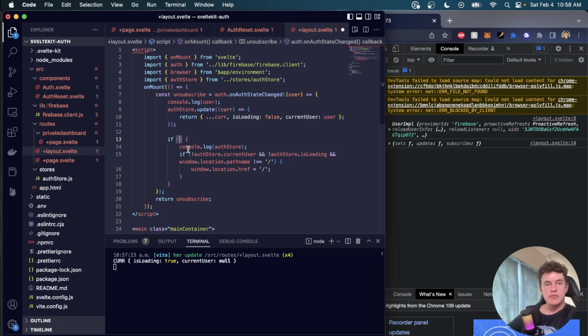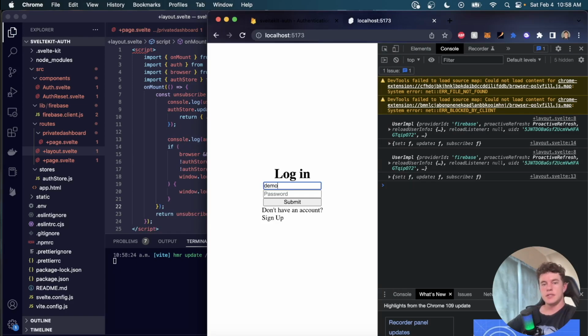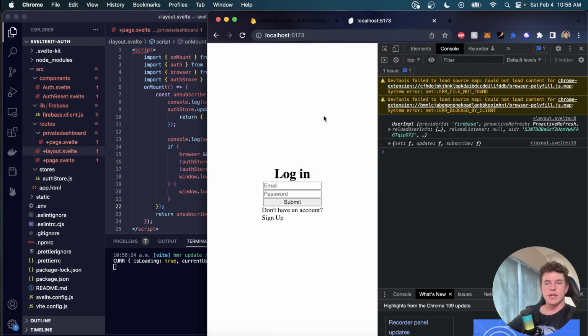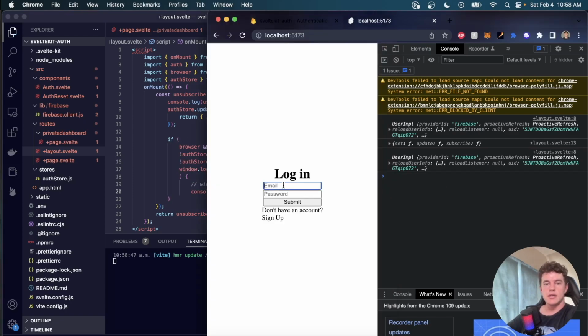And I might actually just remove this external one and add that in there, just because we don't need so many layers of if checks. Demo2@demo.com, 123456, submit. We run that authentication and we get logged out again. So let's just disable this for a second. And I might actually just move this console.log into here so that we only log that. There, demo2@demo.com, 123456. So we get logged in